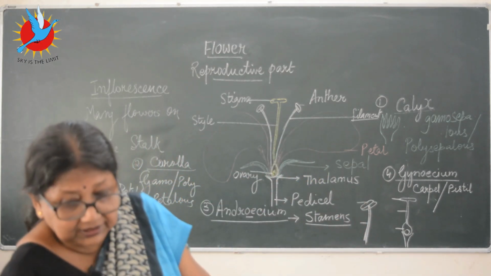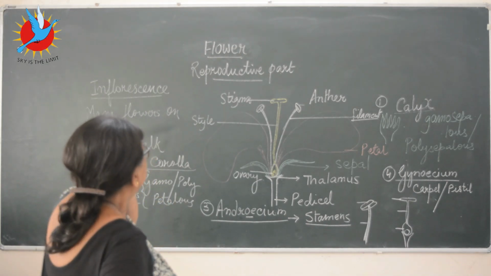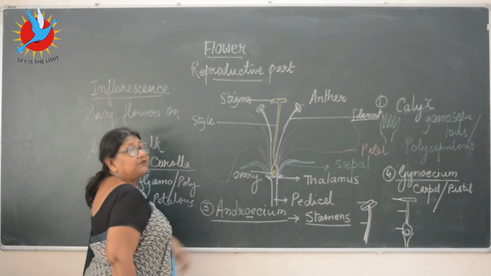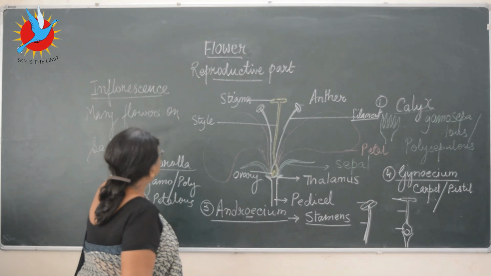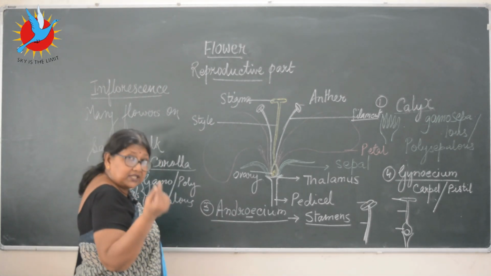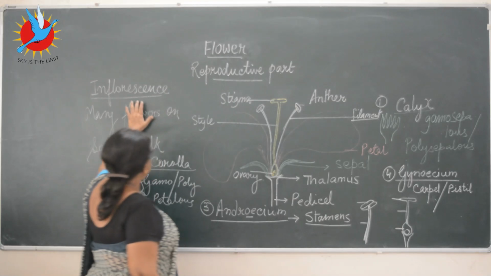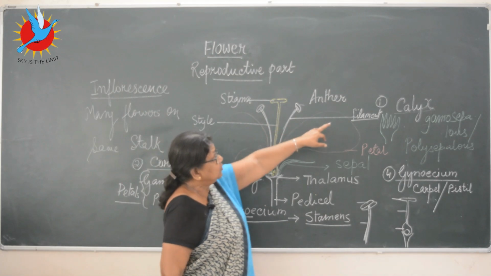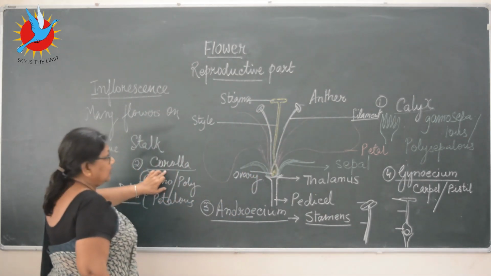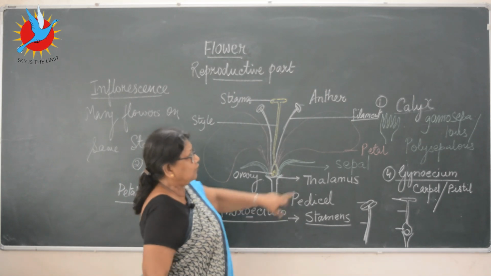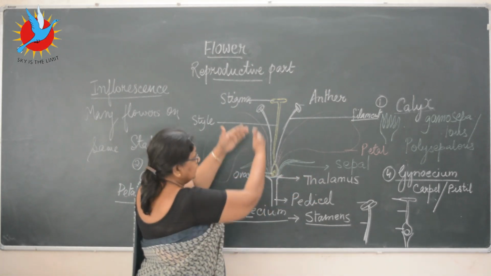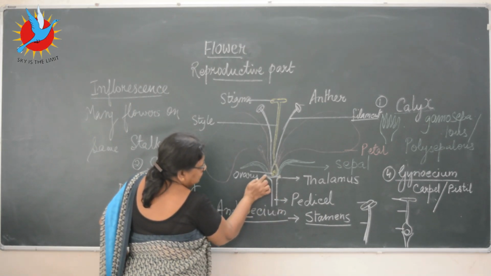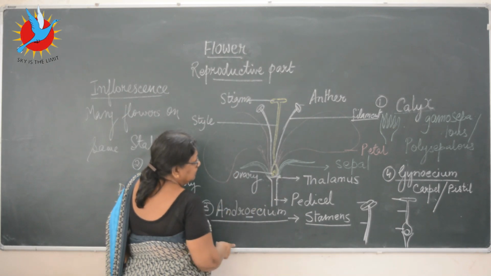So these are all the terms you have to learn very carefully. Now, what is the flower? Which part of the plant is the flower? The reproductive part, because its function is reproduction. A flower formed on one stalk is a single flower, and it is an inflorescence when many flowers are together on the same stalk. The 4 parts are: outermost calyx, second corolla, third androecium, and fourth gynoecium. This is a section; if you cut it, this is the stalk, the pedicel. The flattened part which makes the base is called thalamus.